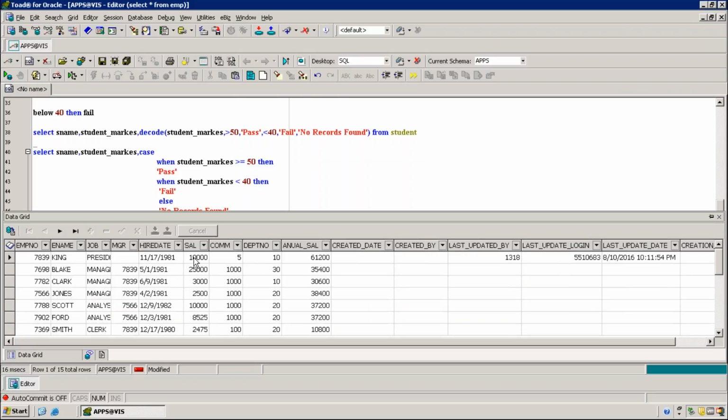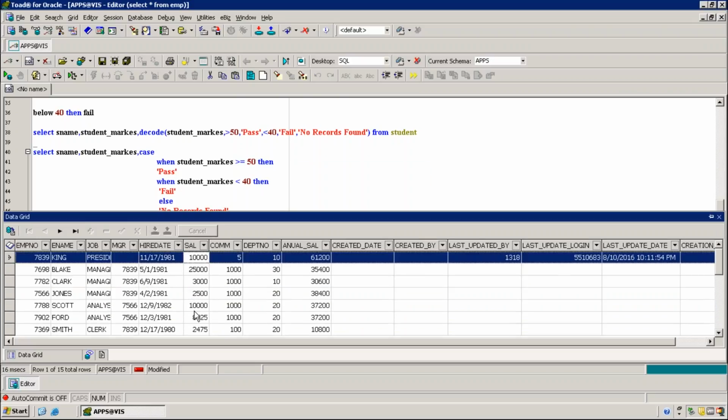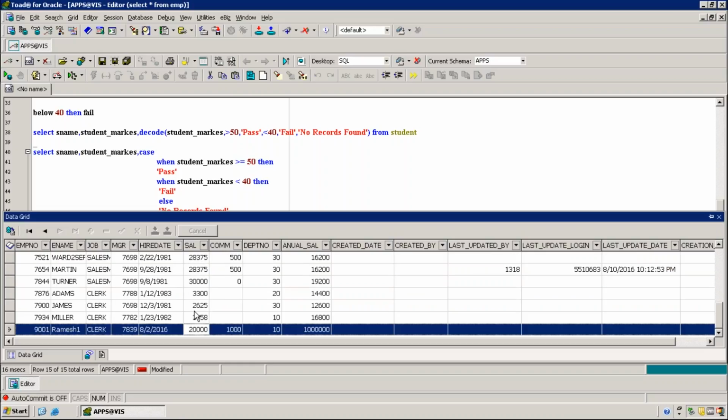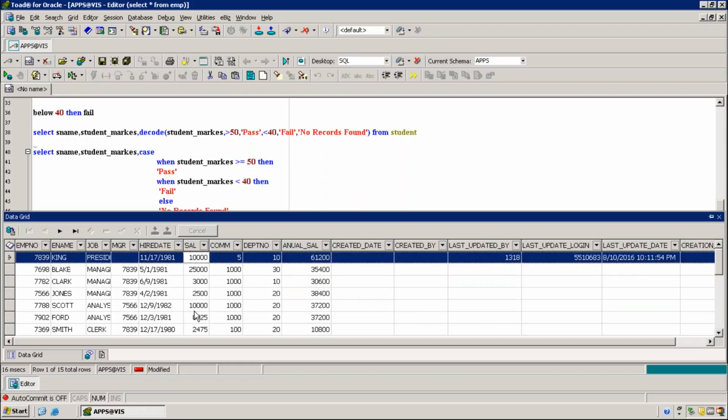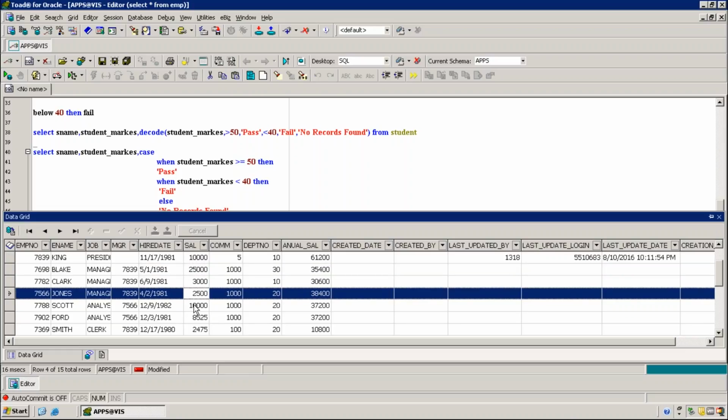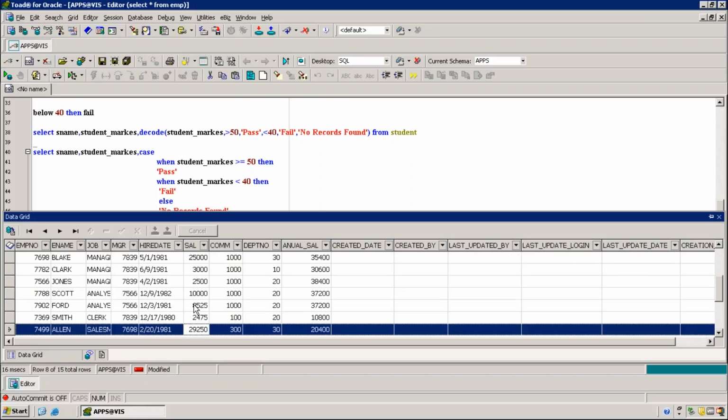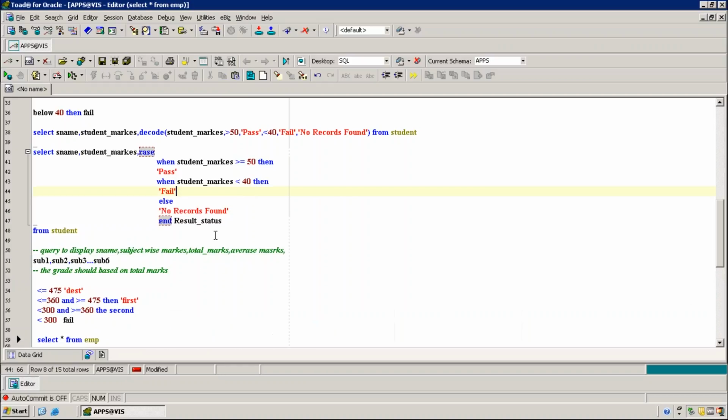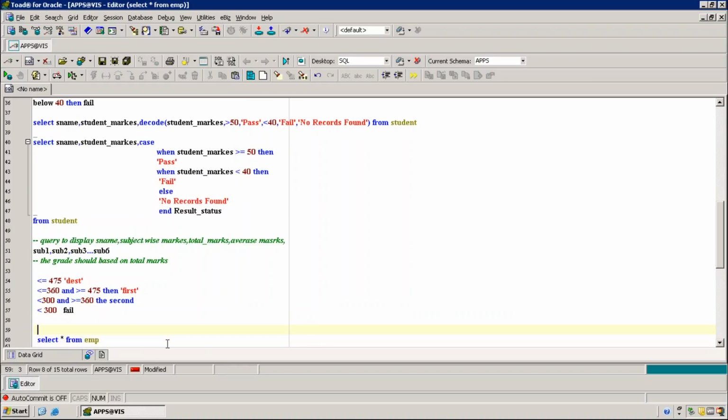Now, here salary is there. Based on the salary, I will give the salary positions. If it is more than 20,000, they are in high salary. Below 20,000 and above 10,000, then it is the medium salary. Below 10,000, it is the low salary. Now tell me, sir, what is the requirement?